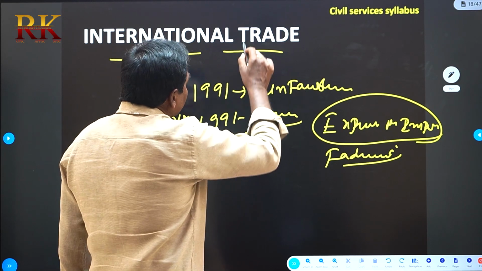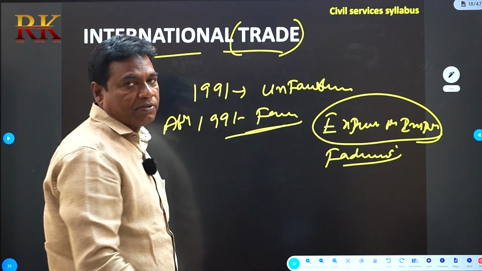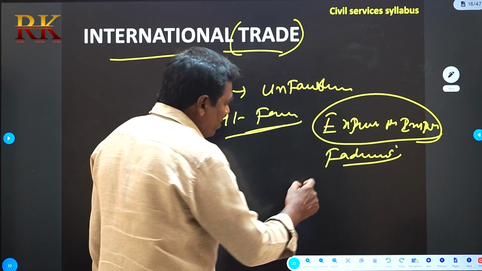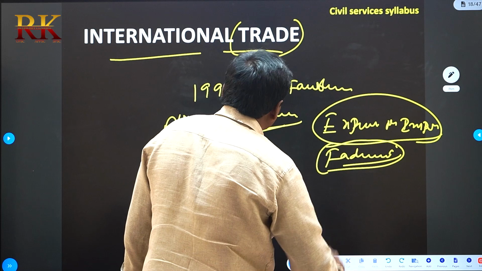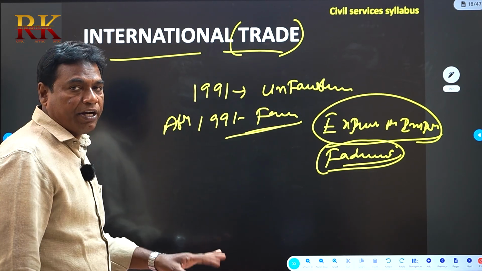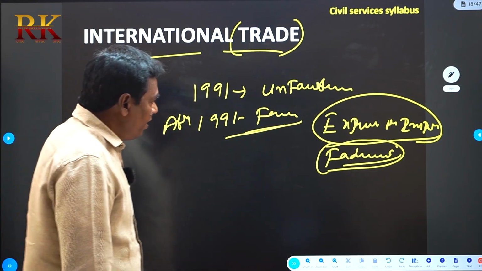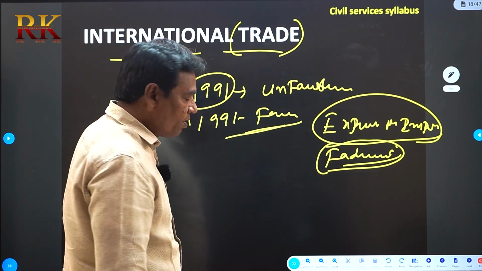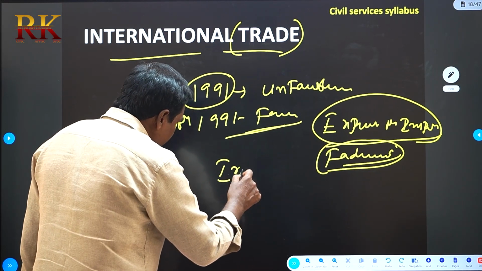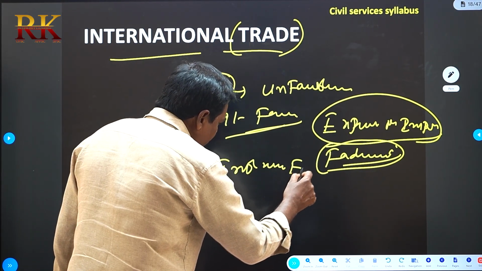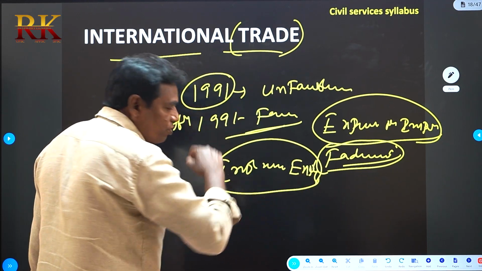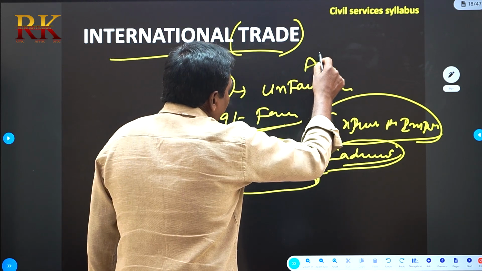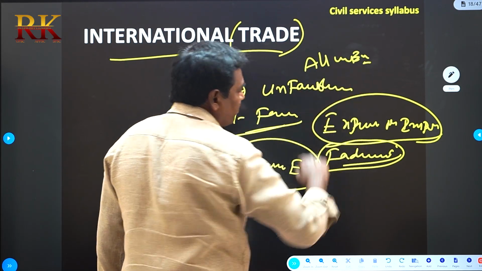But international trade is not always constant. It changes from time to time. The change is very important. The financial market and international trade depend upon each other. Before 1991, India had an unfavorable economy. Unfavorable economy means imports more than exports. According to the Indian economic system, you always want to increase export capacity.